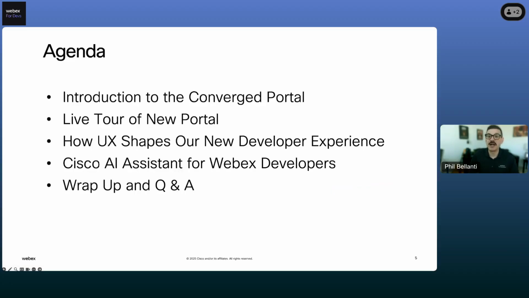For the agenda, I'm going to start by just introducing the portal and talk about the advantages it creates for Webex developers. After I do that, I'll hand it over to Adam, who's going to take us on a live tour of the portal so we can discover all the improvements that are going to make life easier for all of us. And then I'll bring in Athena, and she's going to pull back the curtain on how the new portal